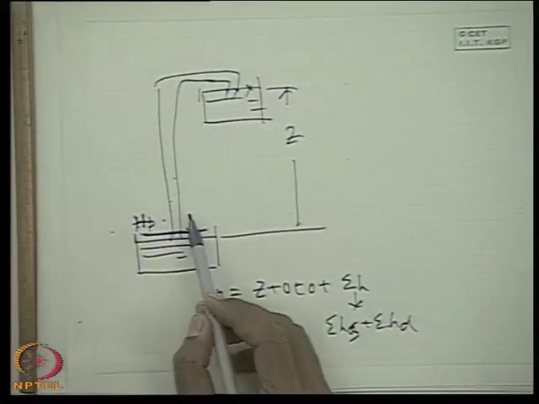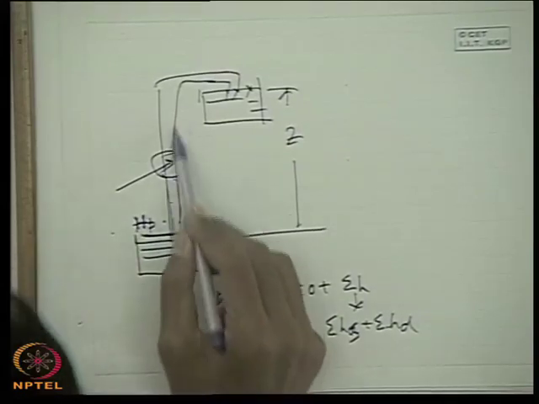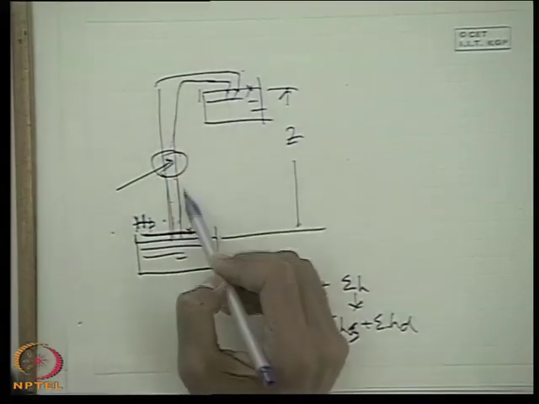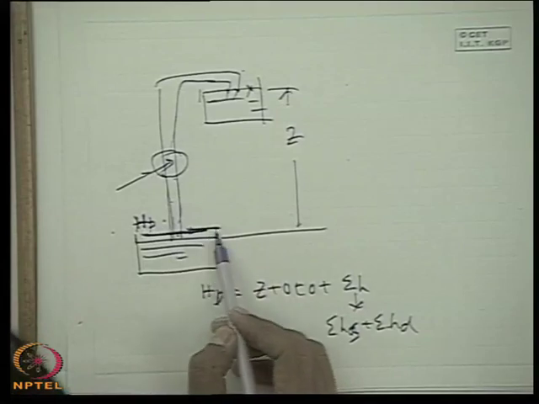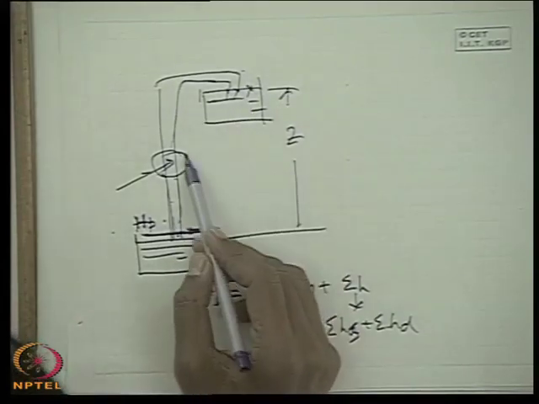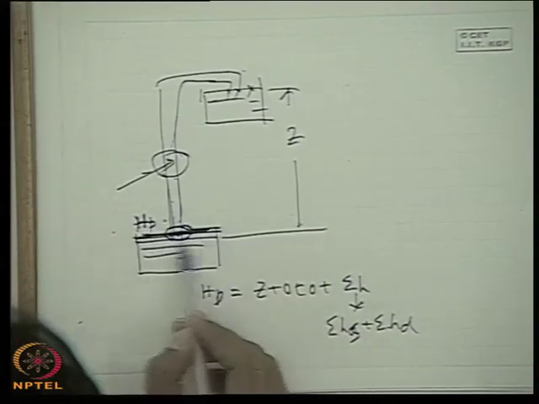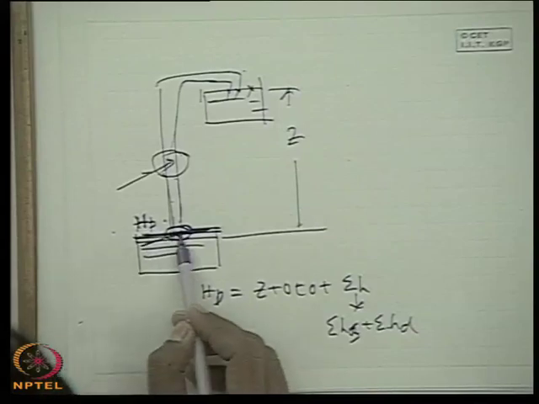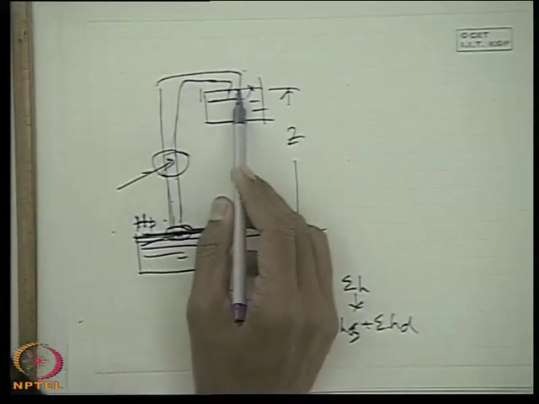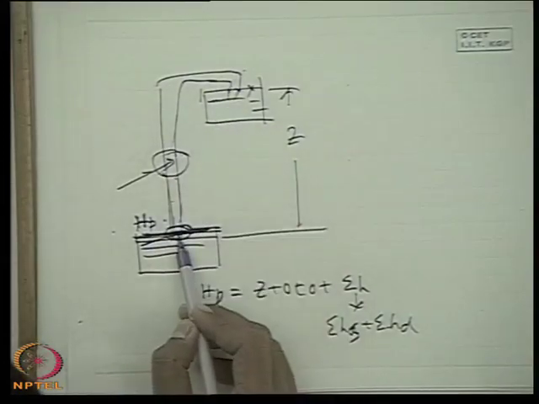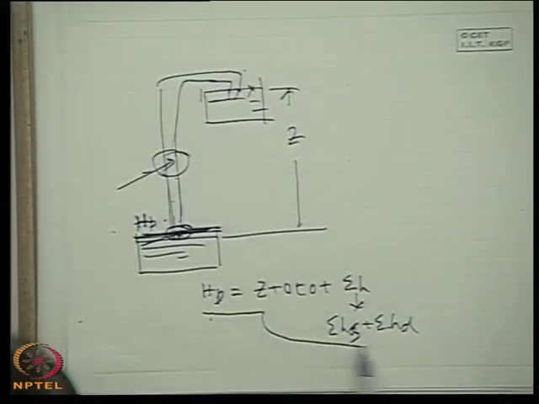That means if there is a pump in between in a pipeline, we consider the entire suction and delivery pipelines as a pipe system, because you will see that such a pipe system without any pump cannot make a flow from a lower level to a higher level. But this is equivalent to saying that some energy is added. That means at this free surface we have an extra amount of energy added to it. So this pump can be taken here and we can take the entire system as a fluid circuit where we have an energy here which will allow the fluid to flow up, and we can write this equation.